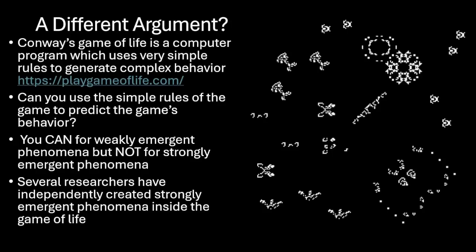Because if you recall what I said before, I touched on it briefly, that you can get strongly or weakly emergent phenomena within specific domains. So you don't have to start from fundamental physics. You can start at any mathematical theory that tells you the behavior of something, and then you can try to show that something is strongly emergent or weakly emergent within this domain. Now, the domain that we're looking at here is something called Conway's game of life.